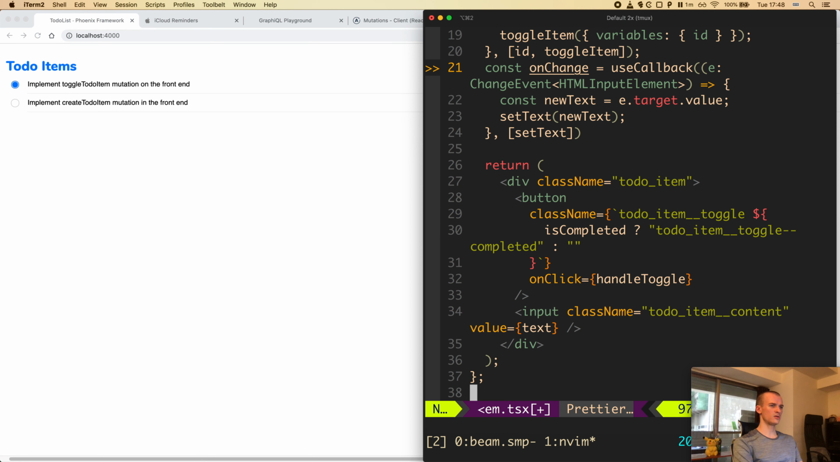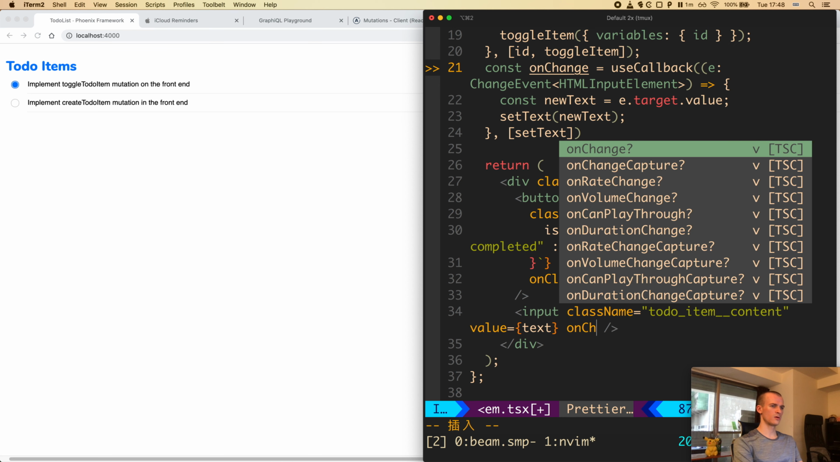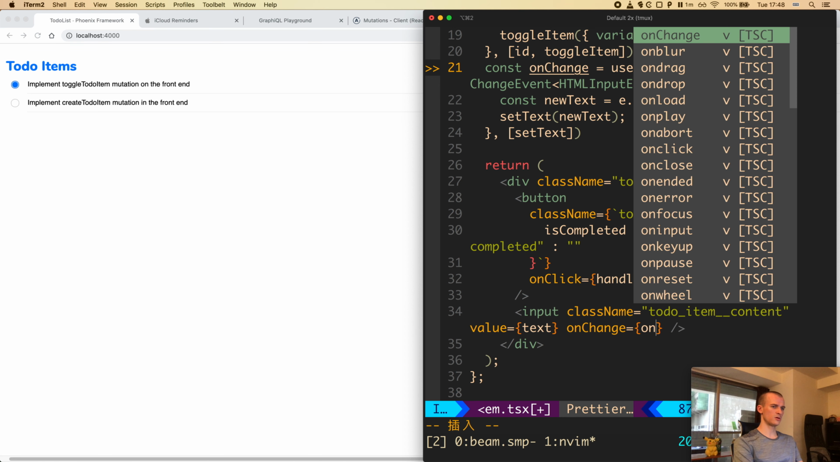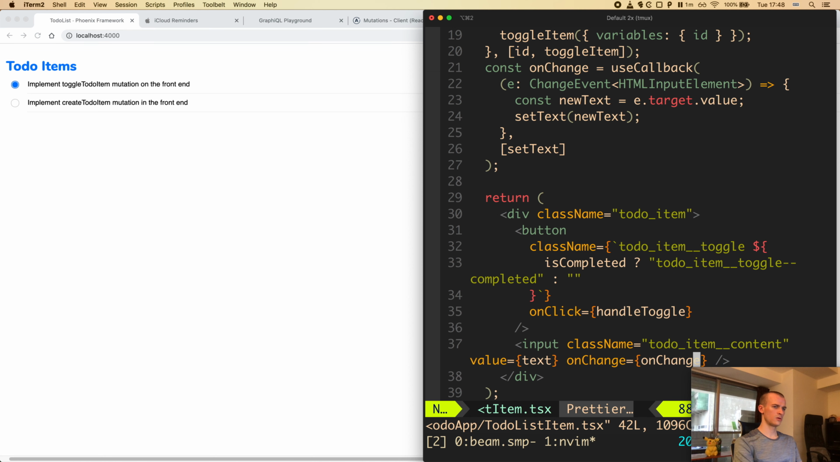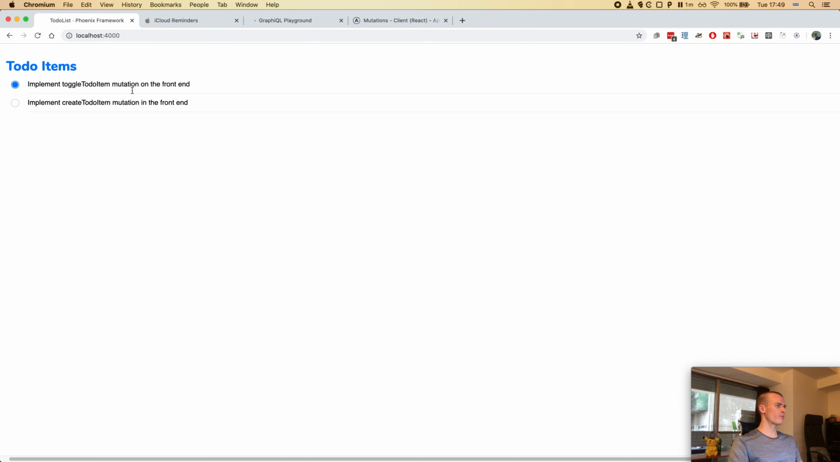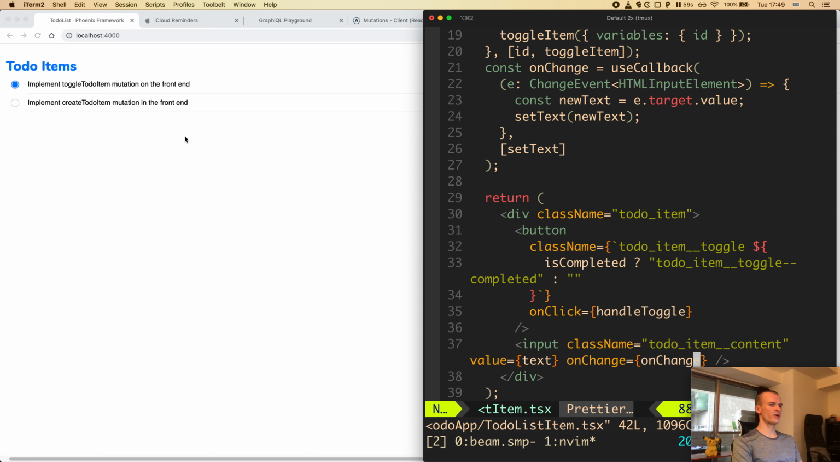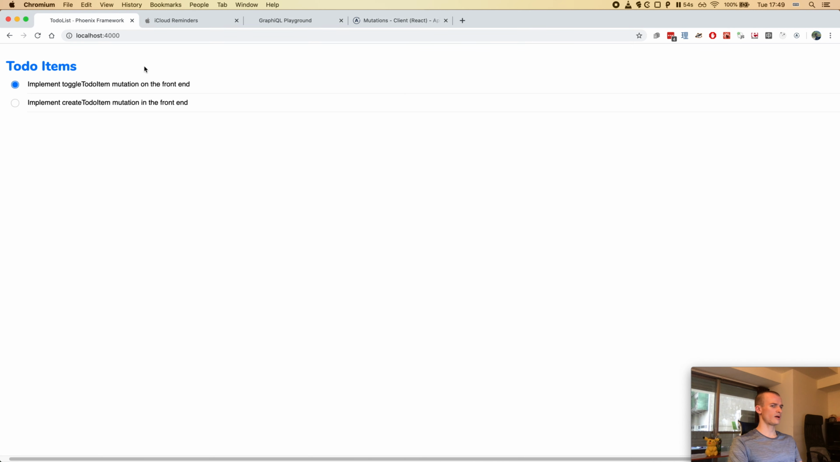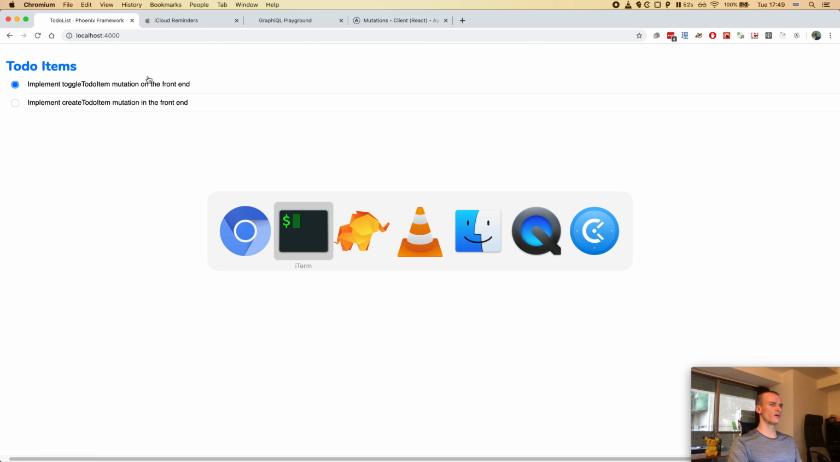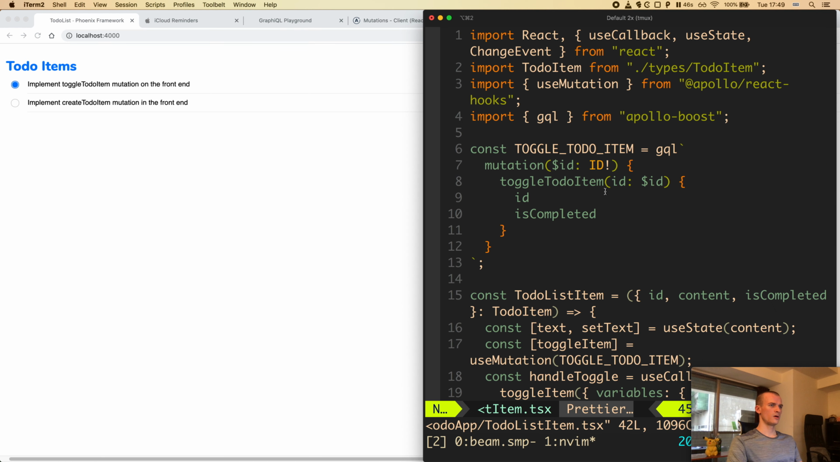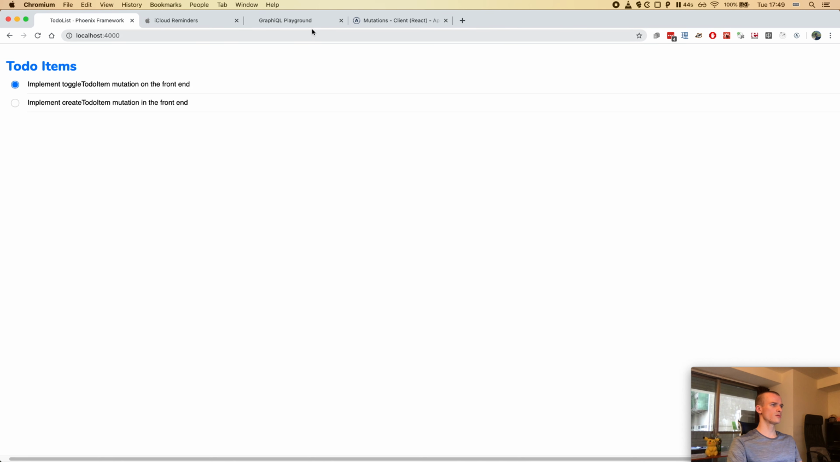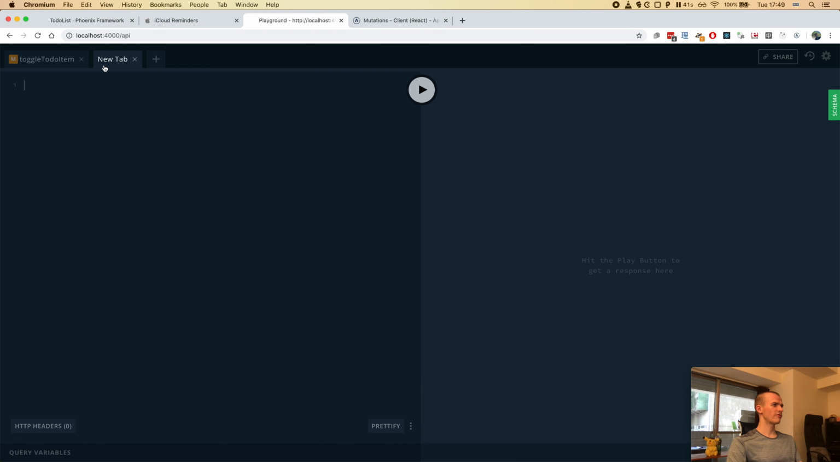And this onChange handler I pass to this input, so onChange equals onChange. And when you go back to the browser, these should be editable. And the only thing we have to do right now is that after we edit these items, we should save them. And well, there will be another mutation, and let me write another mutation